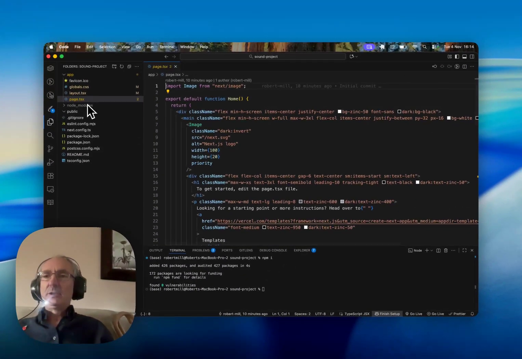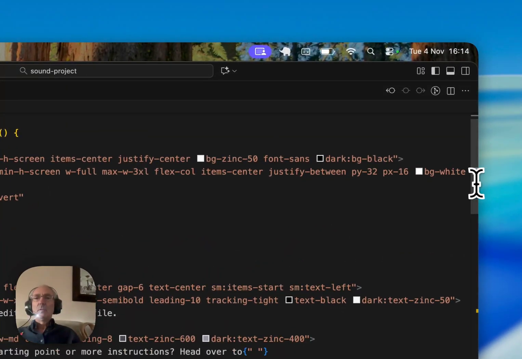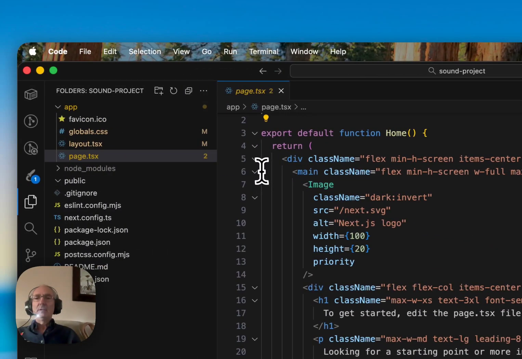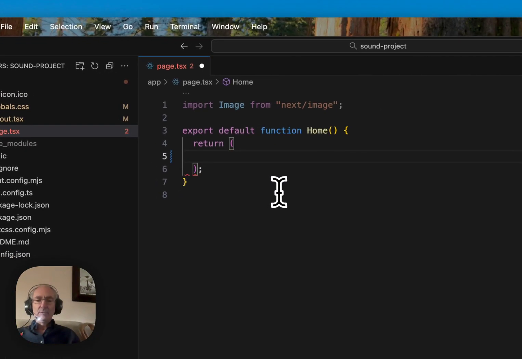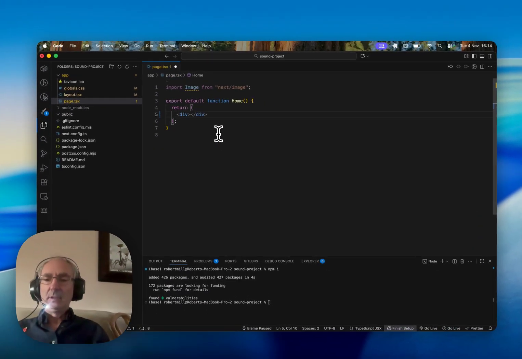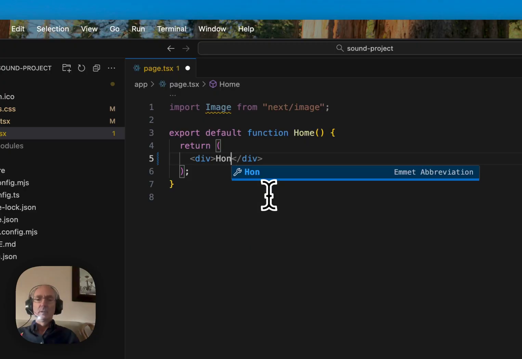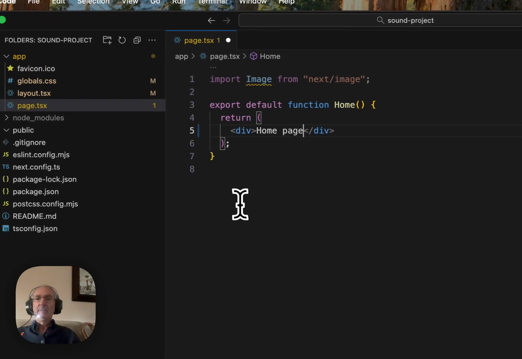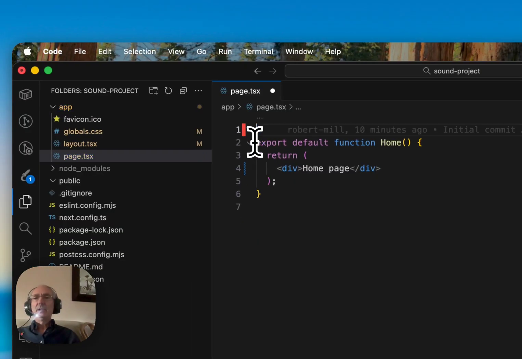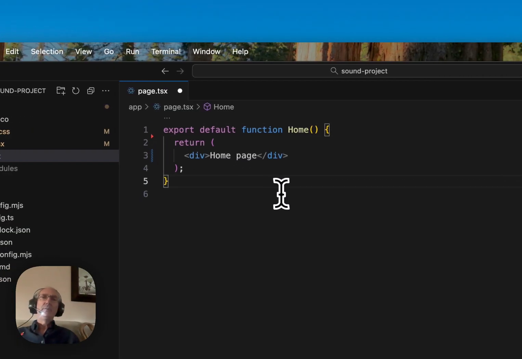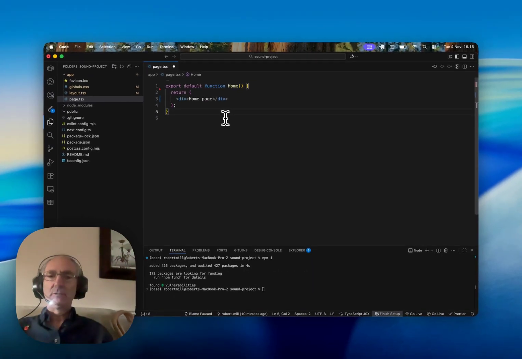Going back to the page.tsx, TSX, TypeScript and JavaScript. Okay. So what we're going to do here is if you click on that little arrow there like that and just delete the whole caboodle, and we can create our own div like so. And on here we can call this home page. Okay. Nice and easy. You've got an import at the top there. We don't need that. It's a good idea to remove any imports you don't need, because if you're importing things, it can add weight to the page,